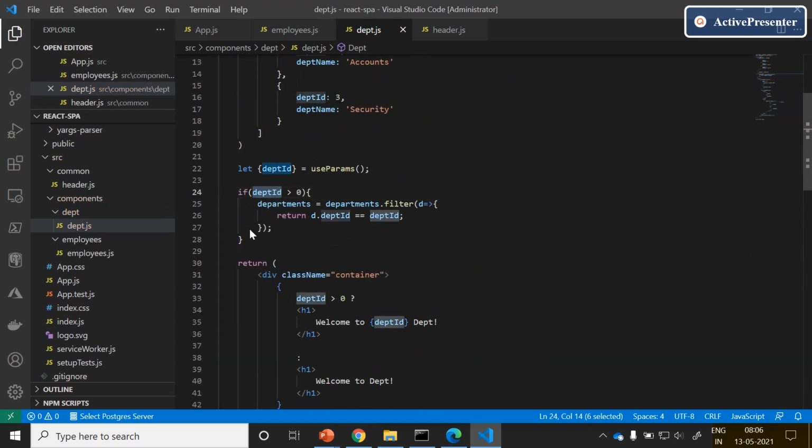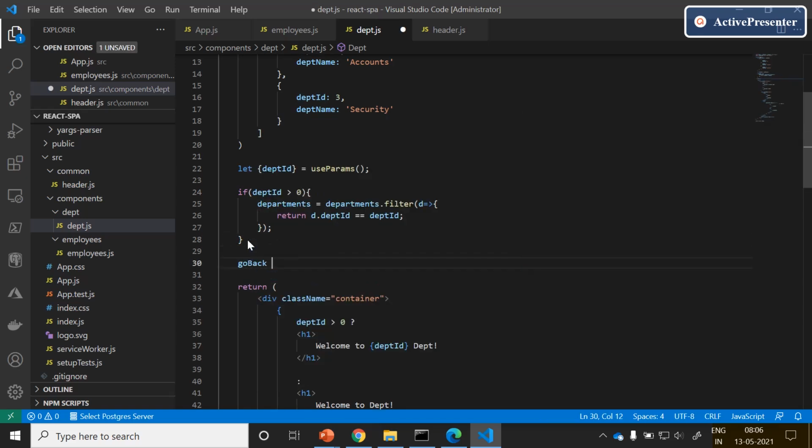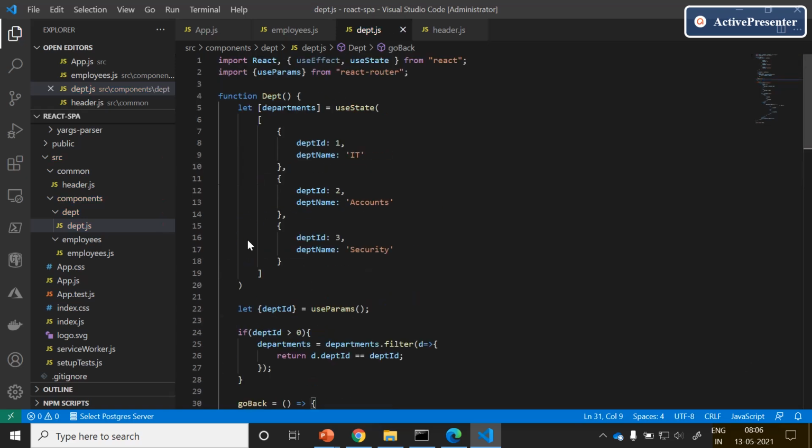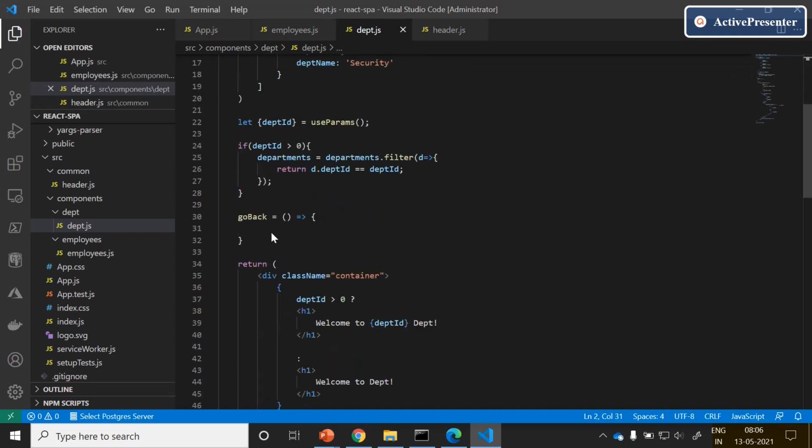Below this department ID filter condition, we try to add a condition. Go back, and try to import useHistory, which will help us navigate back to the employees page.